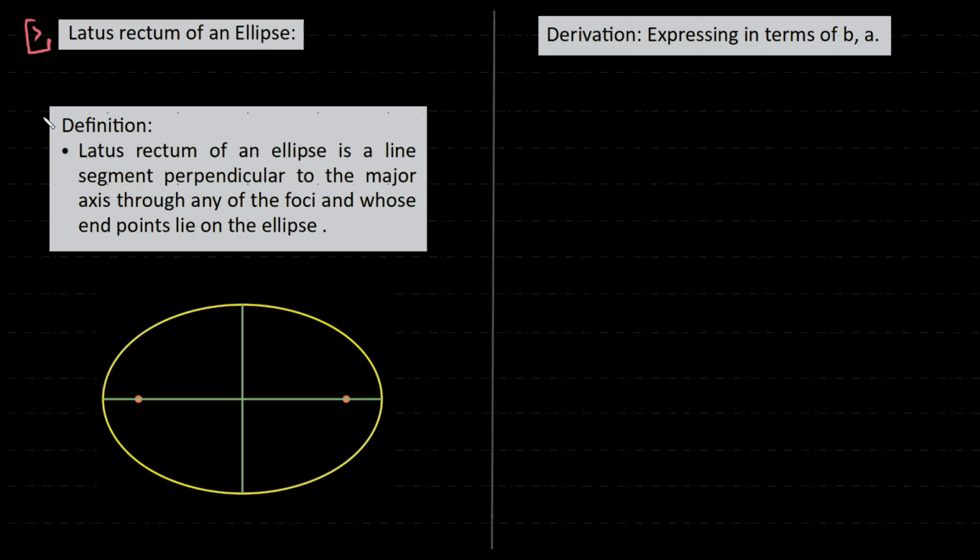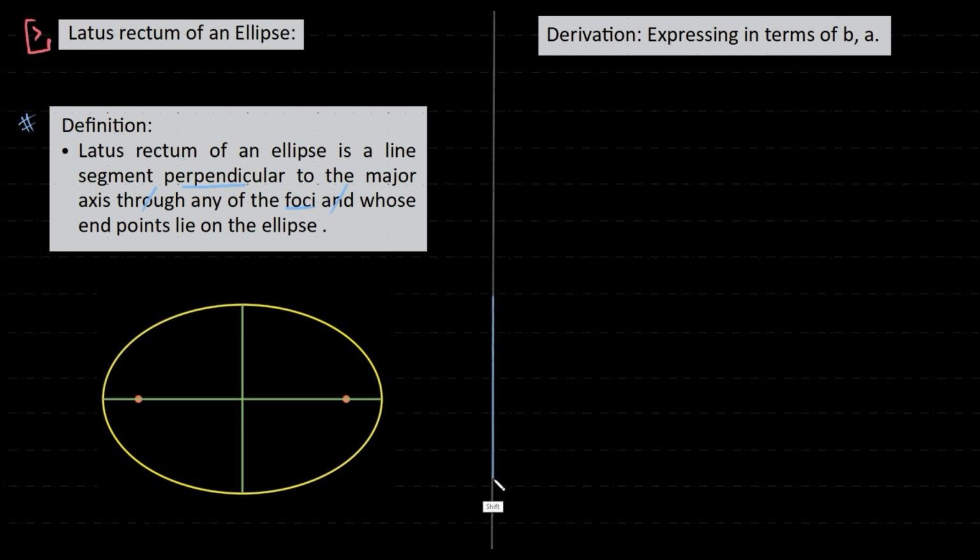We're looking at the latus rectum of an ellipse. The definition is: the latus rectum of an ellipse is a line segment perpendicular to the major axis through any focus and whose endpoints lie on the ellipse. So basically,